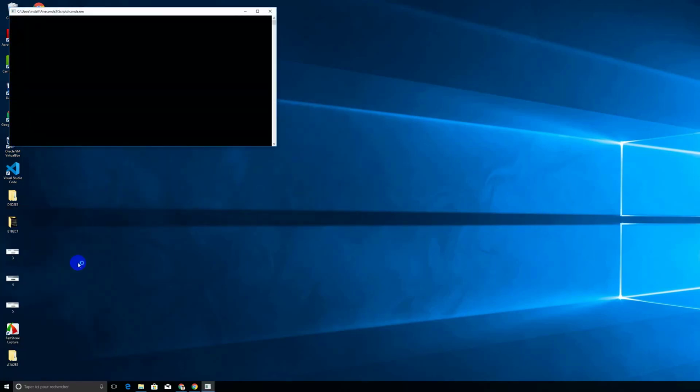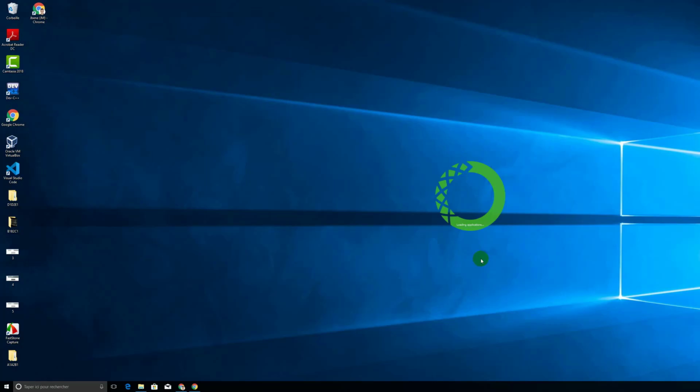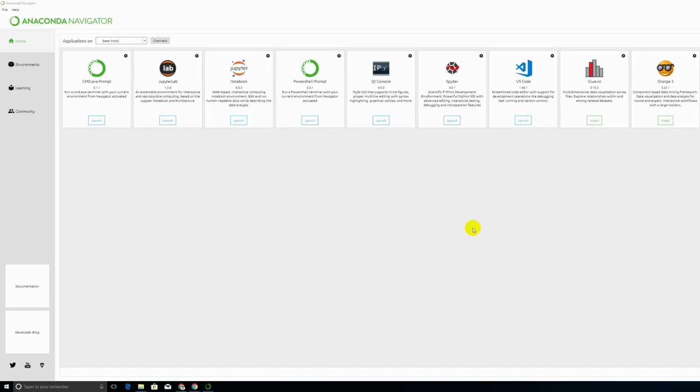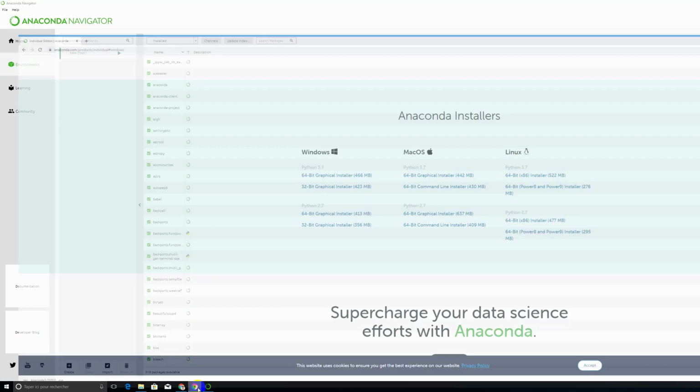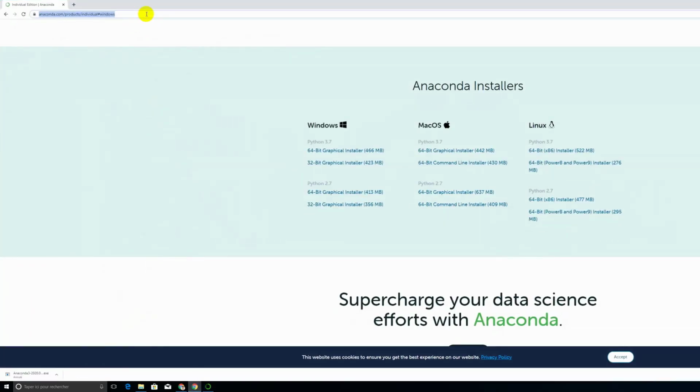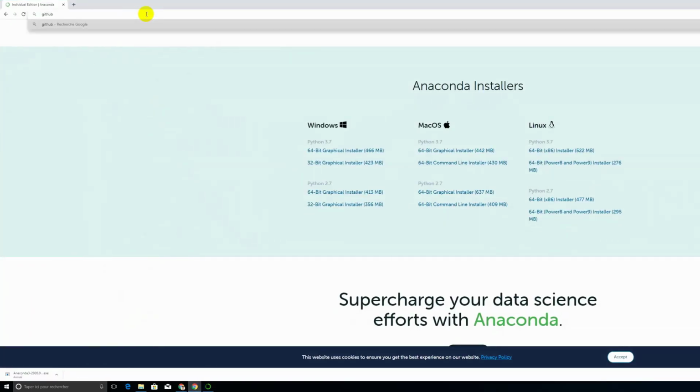You can see here that there are a lot of applications that are already installed. Just launch them. For example, VS Code or Jupyter Notebook. And here is the base environment, but we want to create another environment. So it's always good to create one environment for each project. I want to create an environment for machine learning project, so